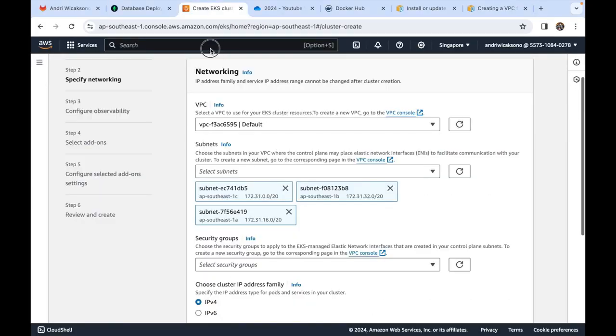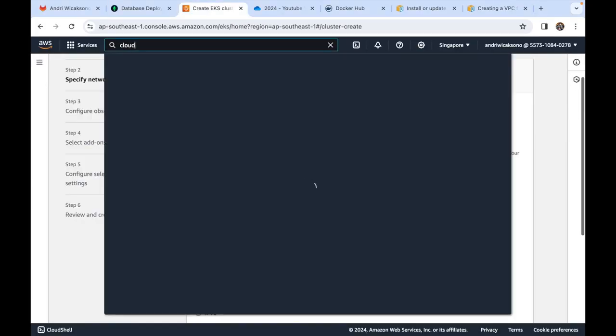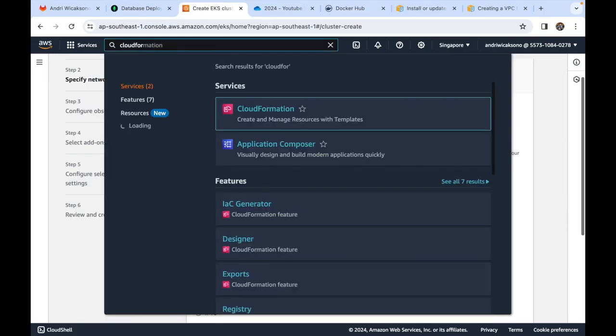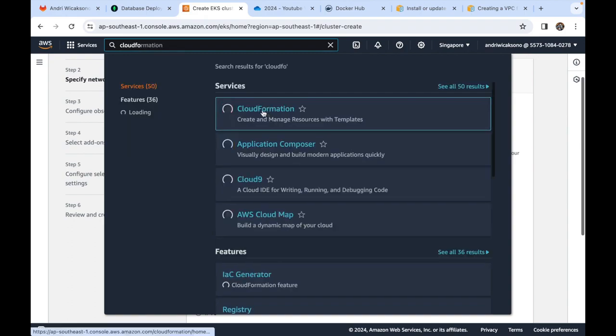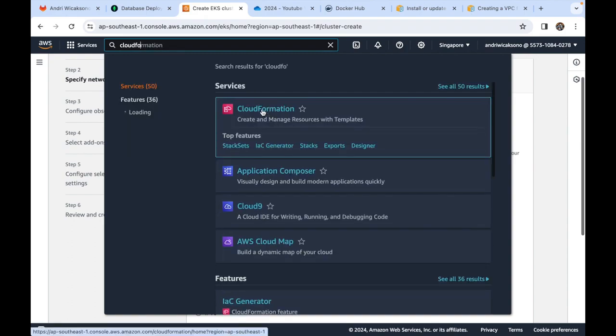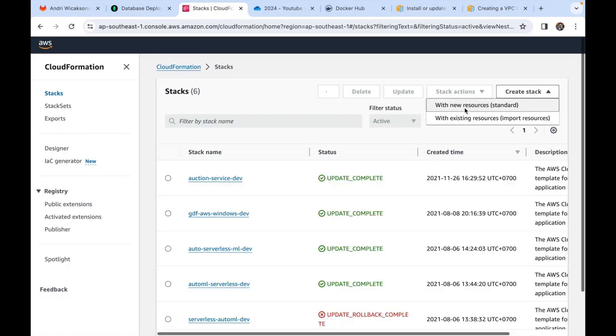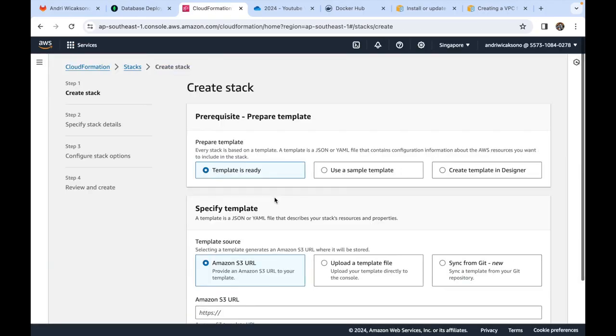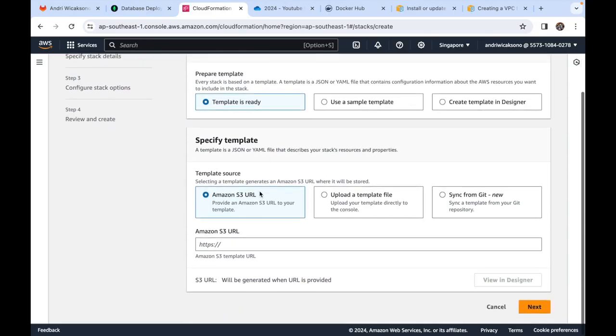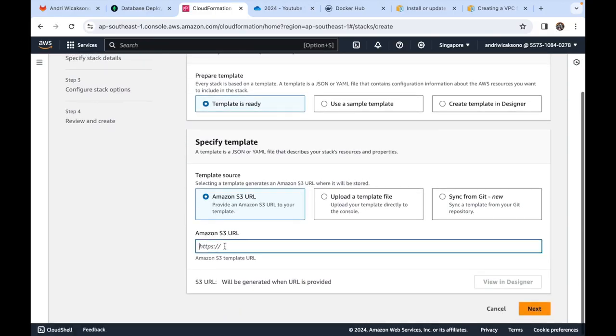Now let's open CloudFormation. Then create stack. Paste the link we copied into here.